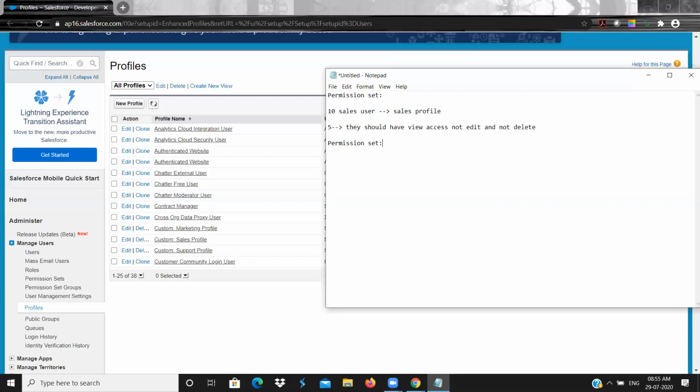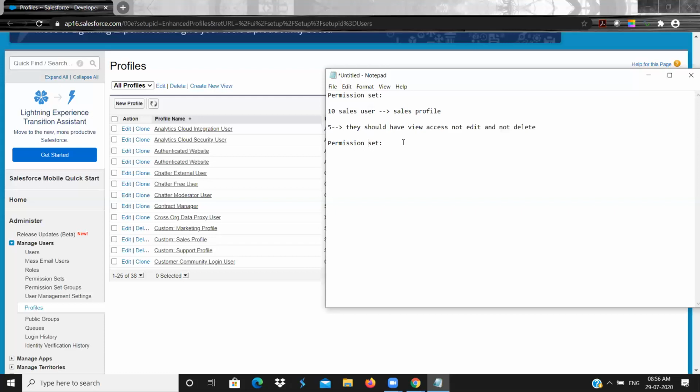Within those 5 managers, they are using the same profile, but some people should be restricted or should have different access compared to the others. Say 2 managers should have this access, and 3 managers should not. In that case, you will go with the permission set.